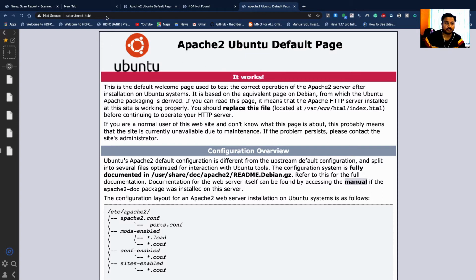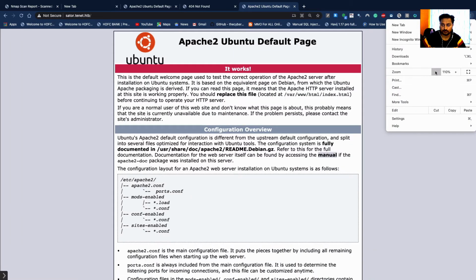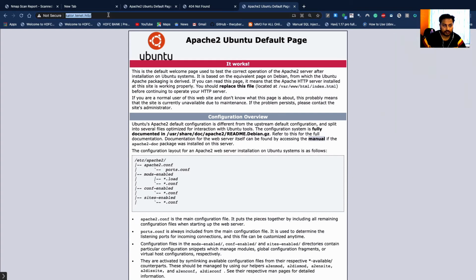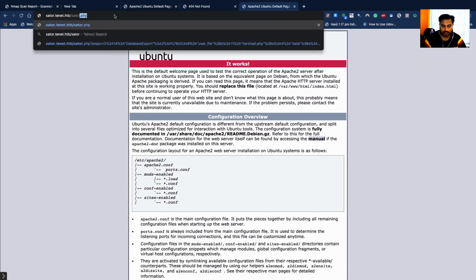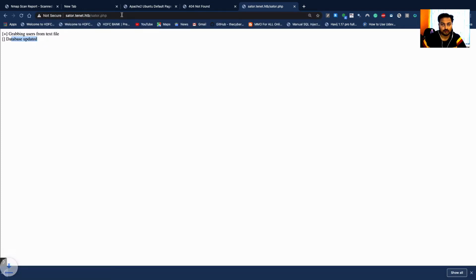But the interesting part here is, if I go to this section, let me zoom out a little bit. If you try setter.php, you will get an interesting thing here. You can see clearly we are grabbing a user from the text file, and this is a database update. Now what I can identify, I can simply type .bak, and here you can see this is the backup file available there, right? Try to read this information from here. So we got the backup file successfully, as per the conversation, whatever we identified on the view page source.